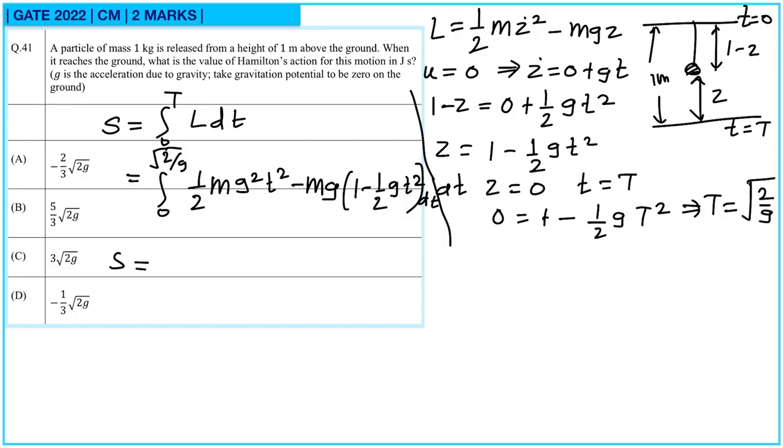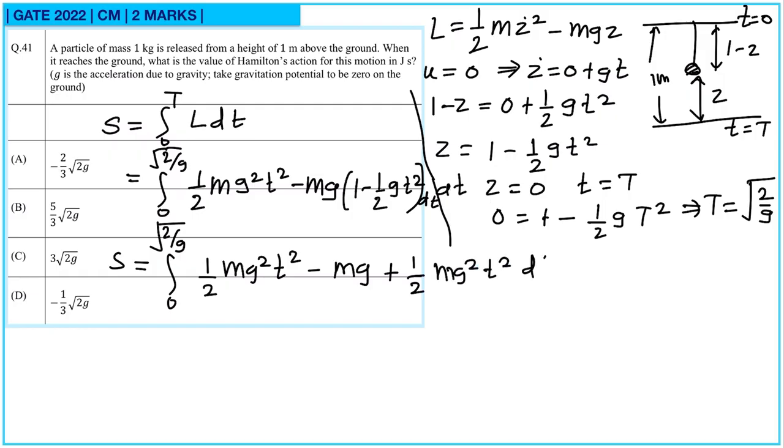So S is equal to integration 0 to under root 2 by g, then we have half m g square t square minus mg plus half g t square into mg, so m g square t square into dt,